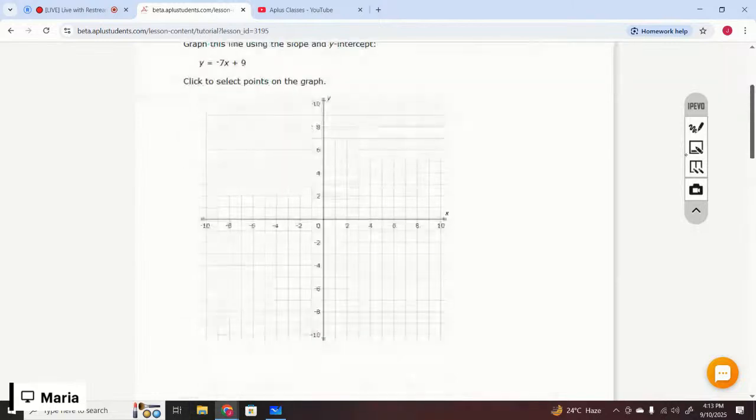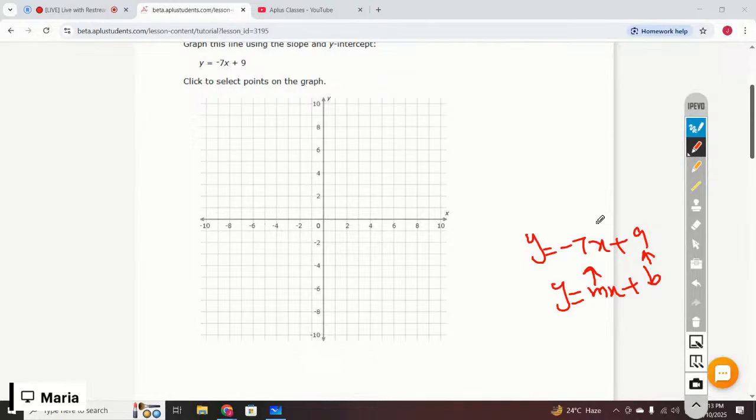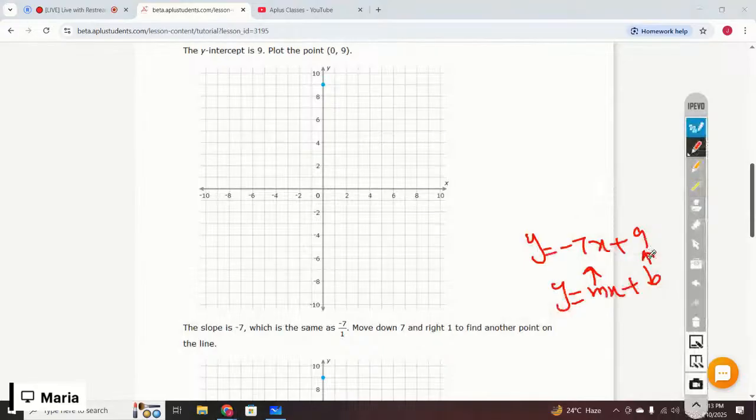Okay, the equation is y equals negative 7x plus 9. So the equation is y equals mx plus b. M is negative 7, b is 9. So in slope-intercept form, the b is the y-intercept, not the slope. Hold on. Yeah, the y-intercept is 9, right? Y-intercept is the point where